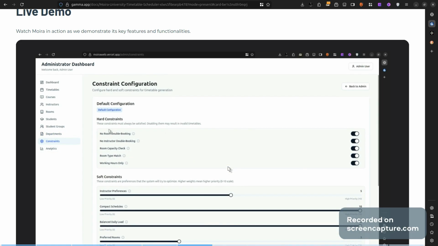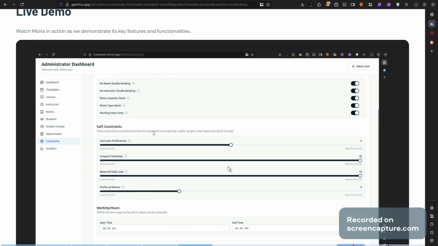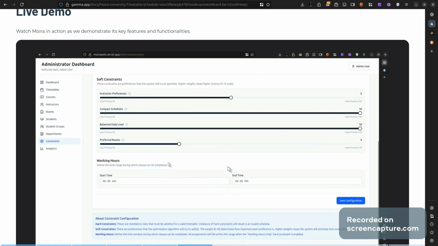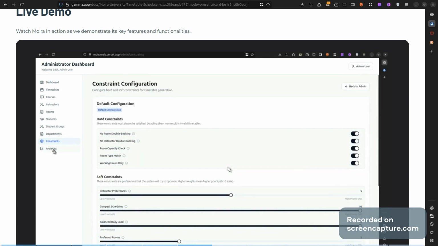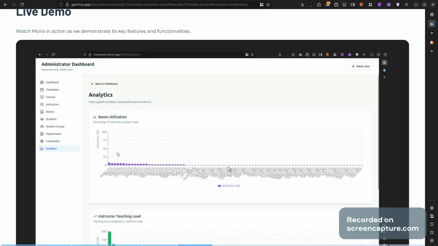to manage different constraints. You can see the hard constraint, which is no room double booking, no instructor double booking and stuff. You can see the soft constraint, which is based on preference, and we can also see the working hours, which is from 8 a.m. to 6 p.m. And also we go to the analytics section,